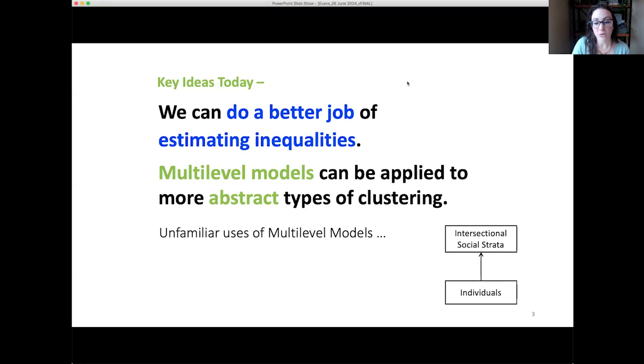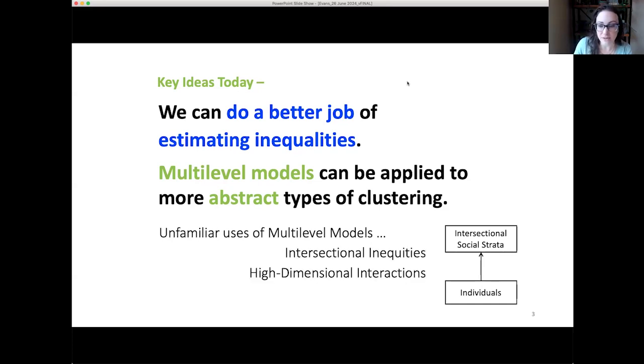So for instance, if we're thinking in terms of intersectionality, people might share, by virtue of their gender, race, ethnicity, socioeconomic status, age, disability status, a positionality within these interlocking systems of oppression, within these hierarchies, and that could have implications for their health and well-being. So in other words, we can think of these clusters as being intersectional points of positionality or identity. In an even more abstract way, we can think of high dimensional interactions, and that's what's moving us a bit beyond intersectionality into the realm of other kinds of research and study designs.